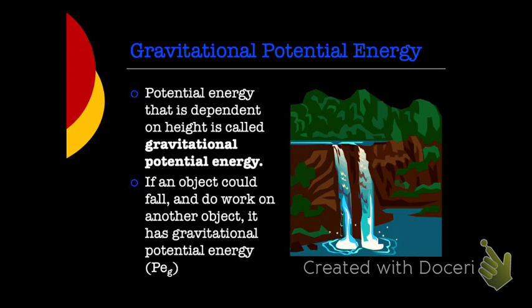So I want you to think about this question here. Let's say this is the ground. I've got a nail sticking up out of the ground, and I've got two objects. An object that could fall from 3 meters and hit the nail, or an object that could fall from 100 meters and hit the nail. Which of them would do more damage to that nail when it hits it? The 3 meters or 100 meters? The 100 meters. That object would fall and drive that nail further into the ground than the one that fell 3 meters. Would we all agree with that?